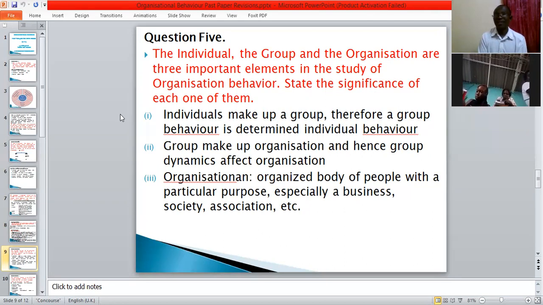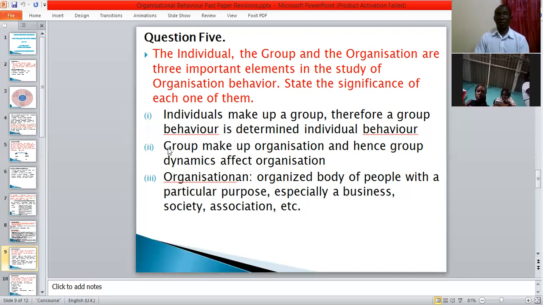A group, yes. And you should bear in mind that the behavior of a group to the greater extent is influenced by the members of the group. So as you are making groups, please be careful. Don't bring in people that will confuse you. So individuals, one, they make the group. Number two, they influence the behavior of the group. That is the significance. So they can influence the group whether positively or negatively.